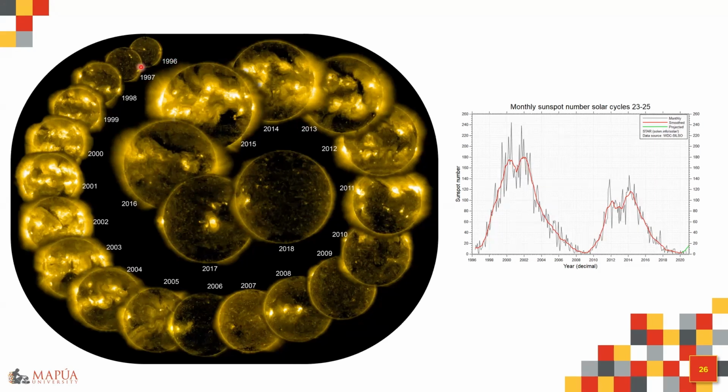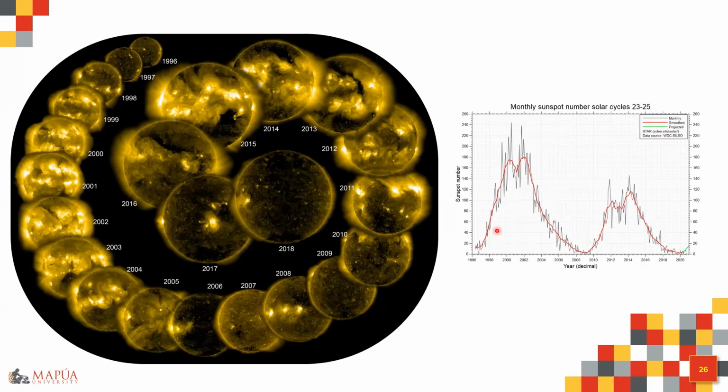So this captured two full solar cycles. As you will notice here, the years of solar maximum of solar cycle 23 are much more active than the solar maximum years of solar cycle 24. So this is solar cycle 24. Solar cycle 25 is actually predicted to be as moderate as solar cycle 24.